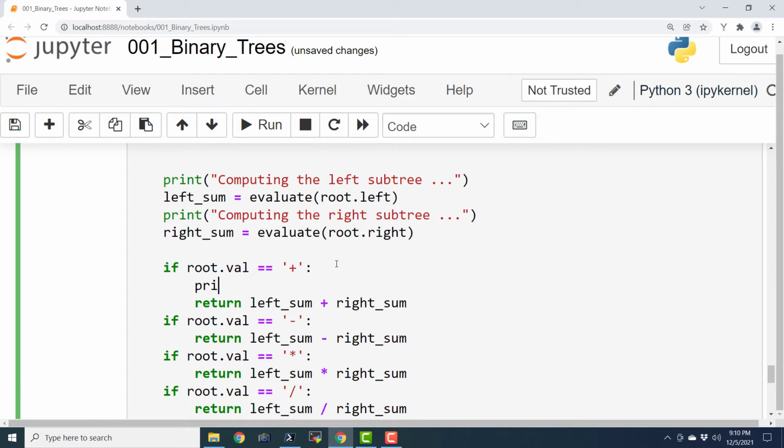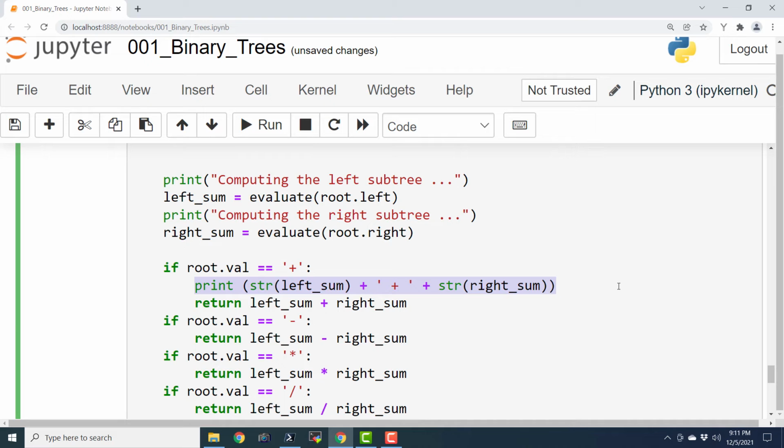And here I will print, so it is going to be a string basically, str of left sum plus, and here I'm going to have plus, and here it will be str.